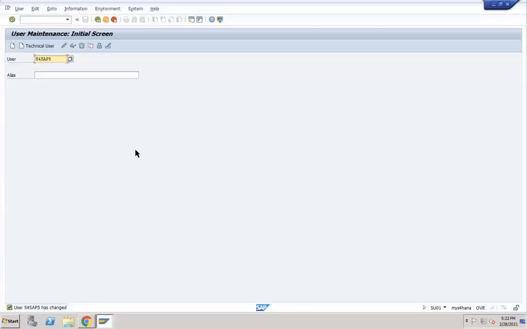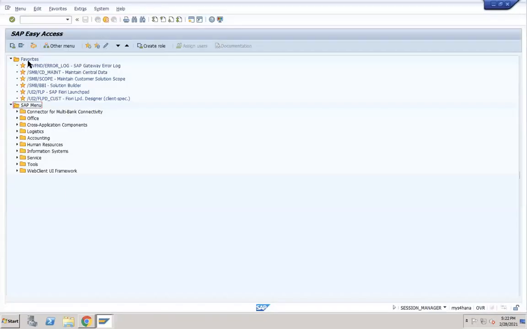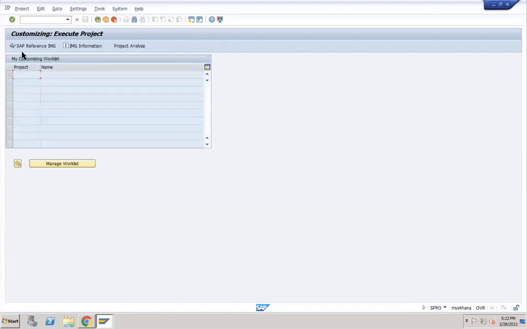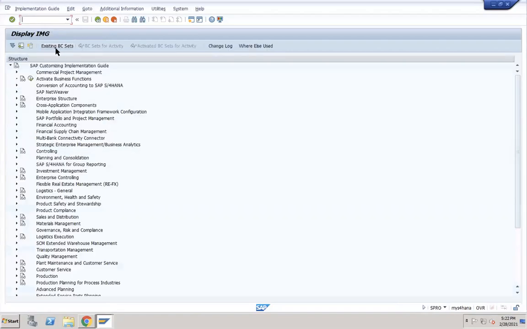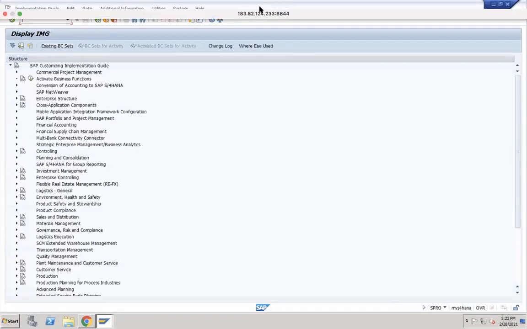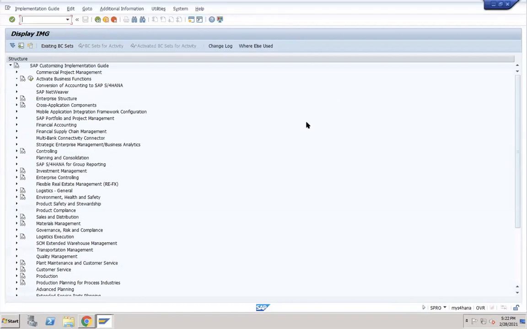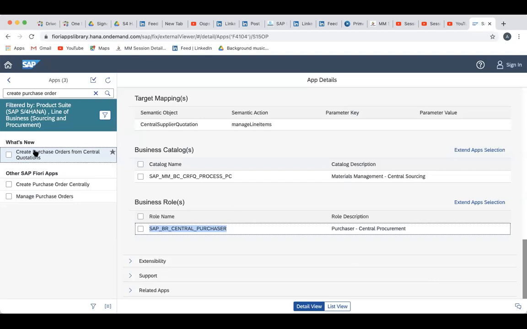And this Fiori is for end users only as of now. As a consultant, we need to do all the configuration in the GUI screen only. Here only we need to do everything. In SPRO, I told you last class. SPRO, SAP Reference IMG, SAP Reference Implementation Guide. Here we'll do all the configurations. Someone is asking something. Nothing. I was about to say project reference object. That's it.